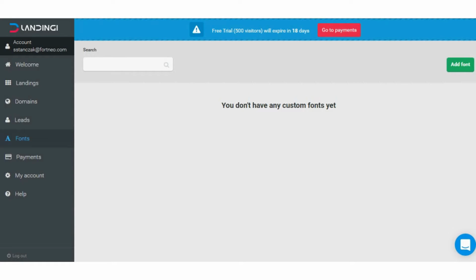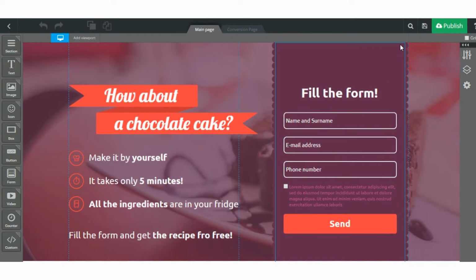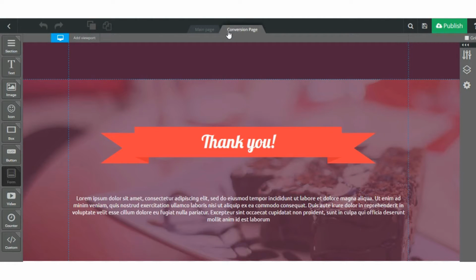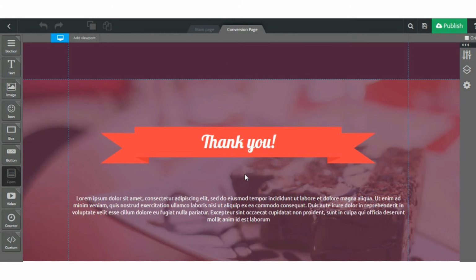So getting into the tool itself, let's just take a look at the editor. As you can see, you have a lot of landscape for the template itself, so the canvas is very large. There's not a whole lot of excess in terms of toolbars on the top or on the side. You have here your undo function, layers, duplication. One nice feature is that you have tabs here, so the thank you page that you send them to after they hypothetically subscribe to your landing page, you can also edit that here